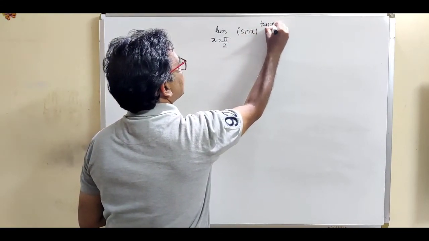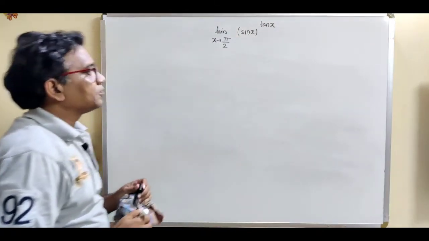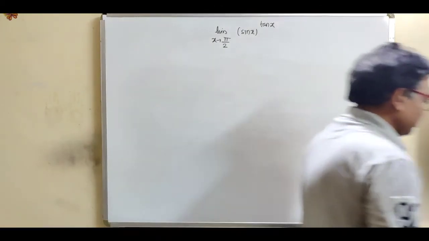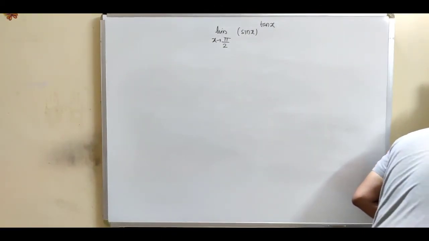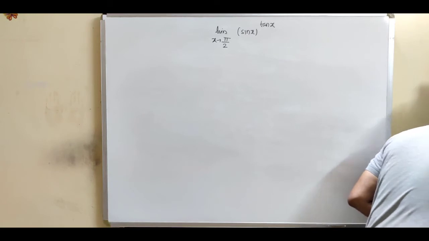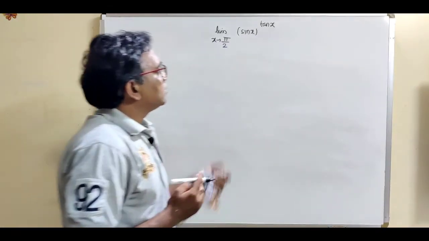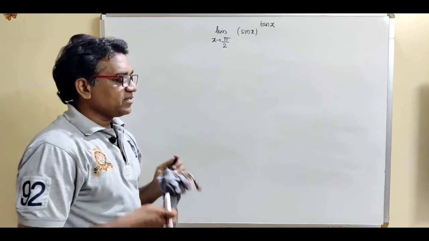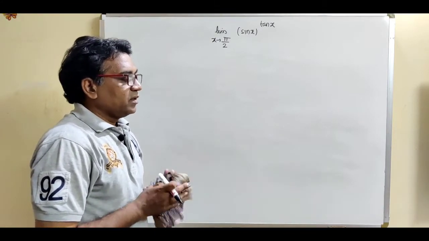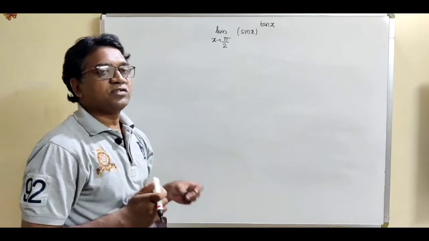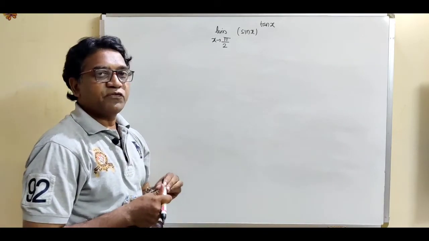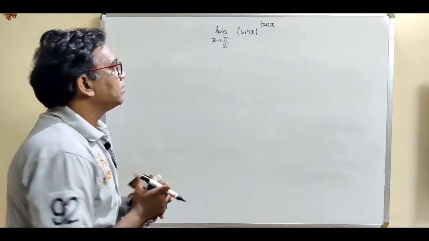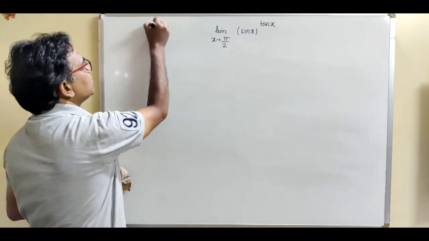This is sin x raised to tan x. Now see, this is again the same form. This limit form contains a function raised to another function. So just now we have seen the method. What is the method? Just convert this function raised to function in terms of division form so that we can apply the L'Hopital rule. So this is the solution.